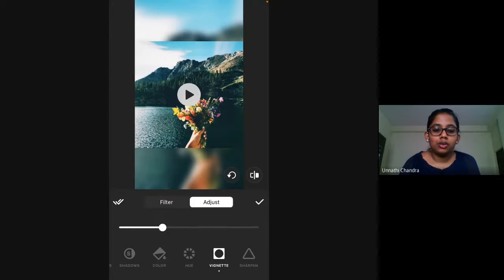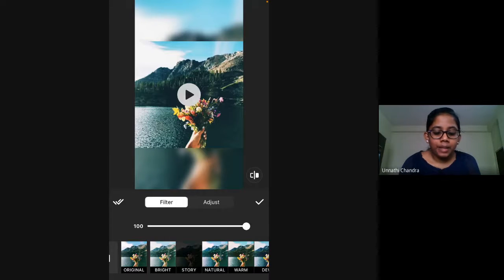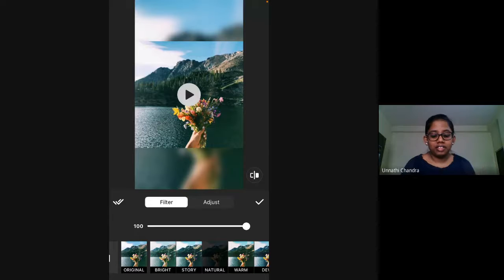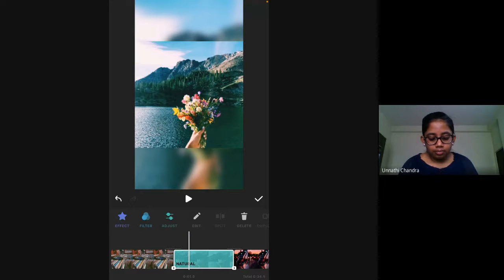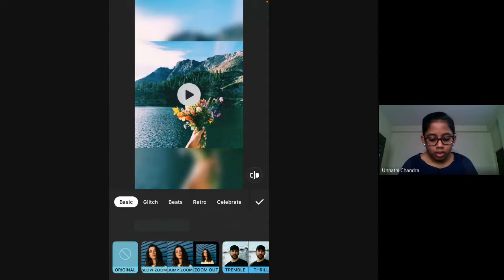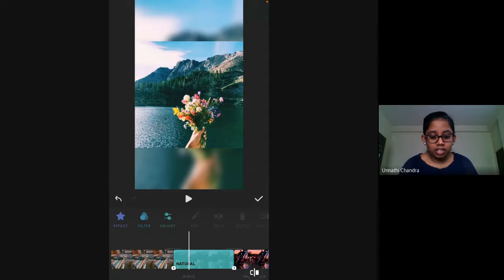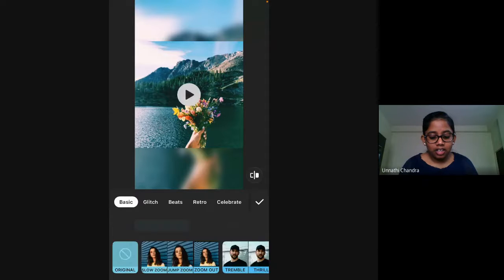And yes, so those are the available options under the filter. You can individually select whichever one you want. And here you can click on this difference option. You can see the before and after of the filter here. And yeah, you have that. You also have this feature here called effect. You can select the effect here.